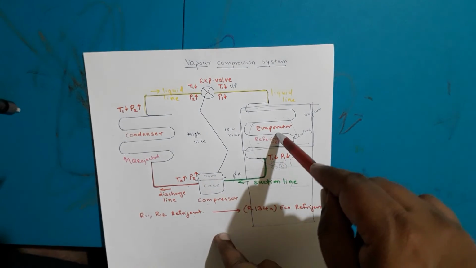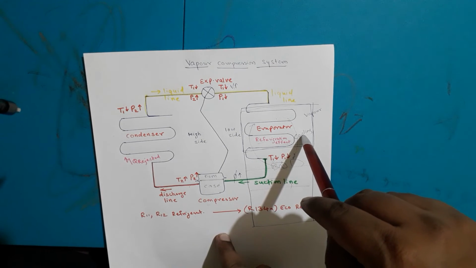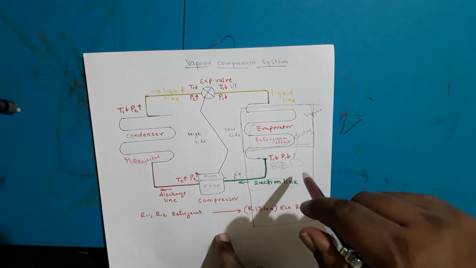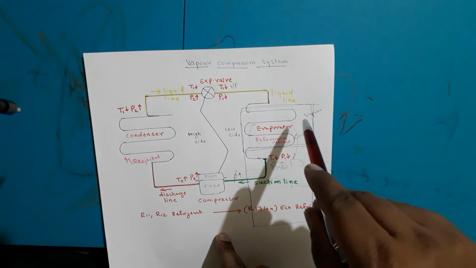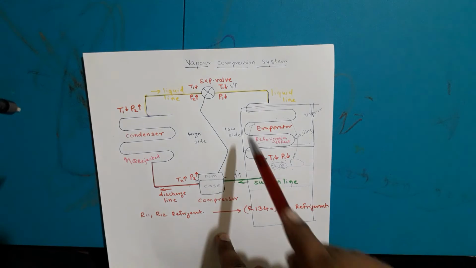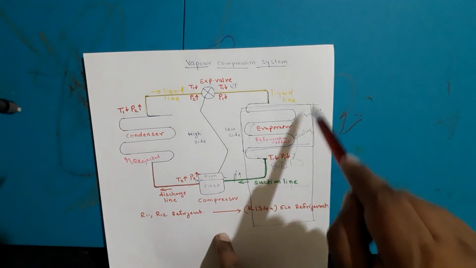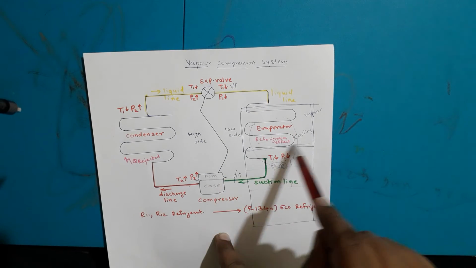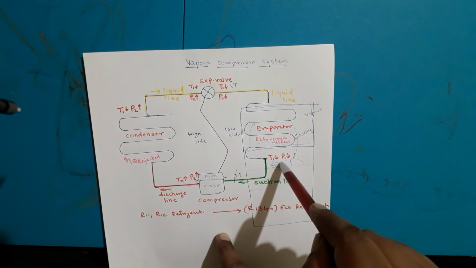Now the evaporator is the zone where you will get the refrigerating effect or cooling, right? When you open the refrigerator you can see the ice box, no? The ice box is nothing but your evaporator. So again I have drawn a refrigerator figure. You can see at the top side you have kept your evaporator, at the bottom you have kept food materials.